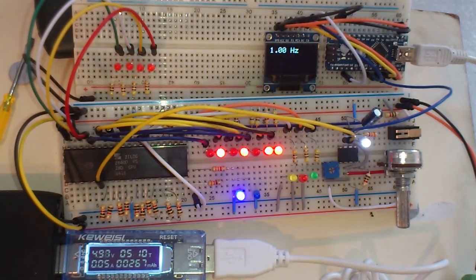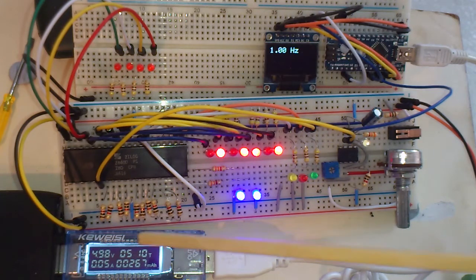Right, so okay, that's our Z80. Now what to explain about this? This circuit, as I say, is a classic test circuit. It executes no ops continuously. No ops are